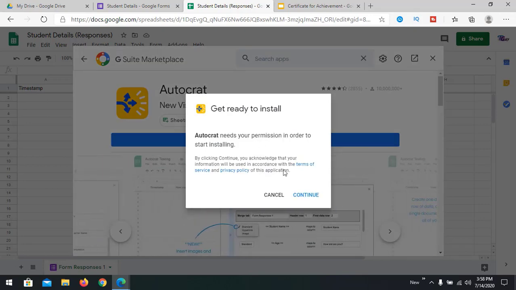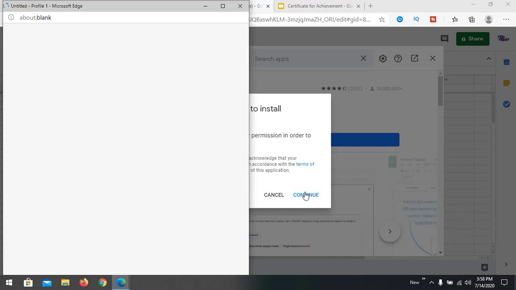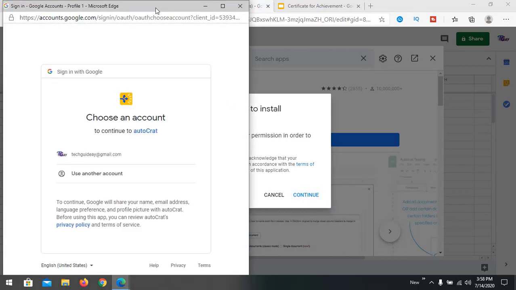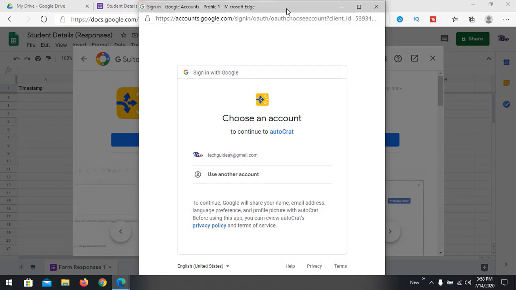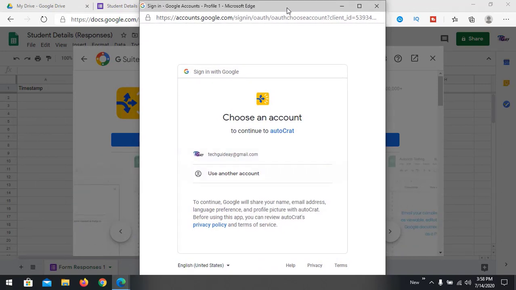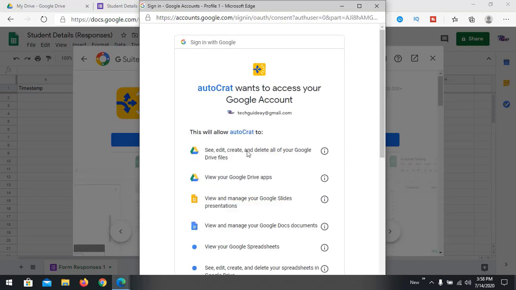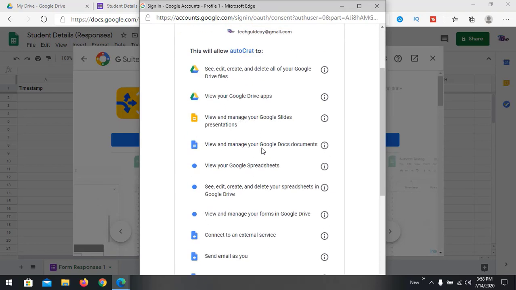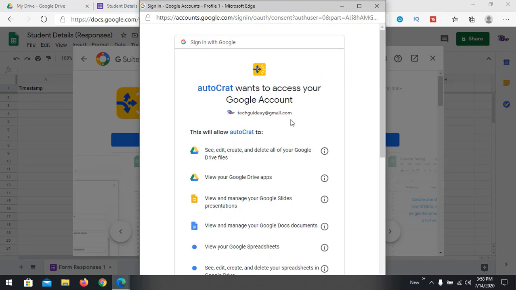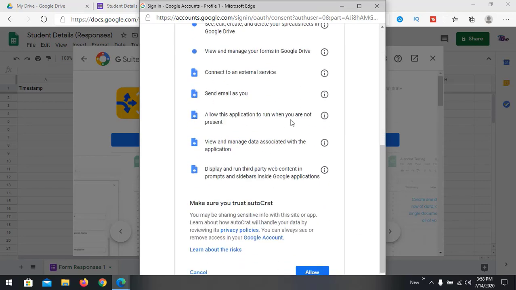It is asking for permission in the next screen. We see it is asking for your account validation, from where you want to link this. I have already logged in to my Gmail account. It wants to access your Google account, so it will ask for your permission for your particular account.